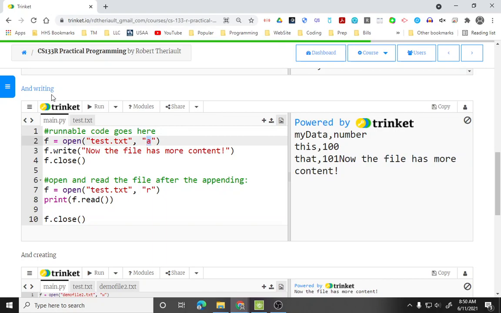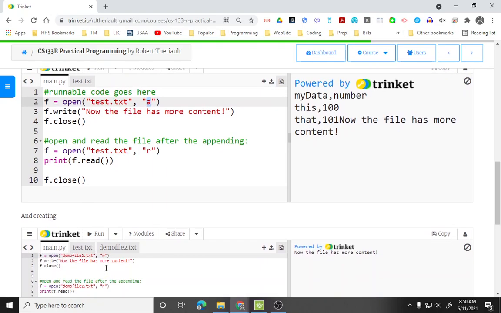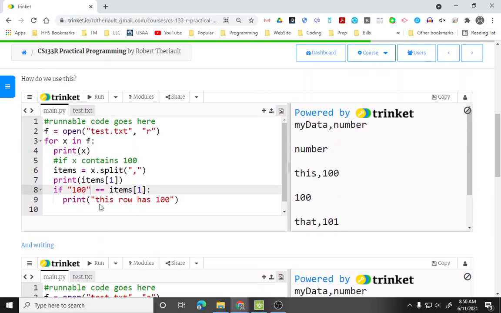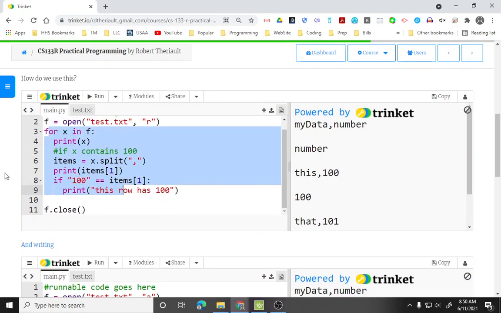You have A, there's other methods, there's a W as we're going through here. We'll look at that in a bit. But again, you just write to it. This is file dot write, allows you to write to it, and read allows you to read it. So again, remember, when you actually open the file, you have access to all those lines, so you can loop through them as well. That's what we did up here. All right,